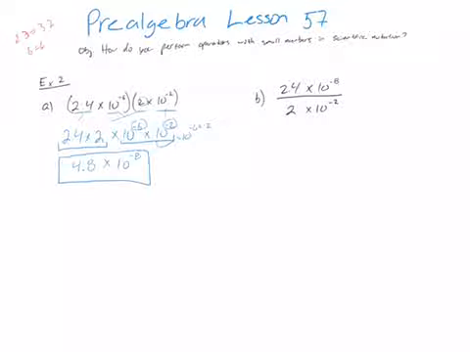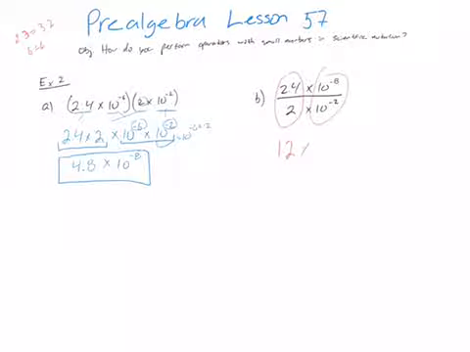Now, same basic idea here, except now, instead of multiplying them, I'm dividing them. So I'm going to still do the same idea. I'm going to divide these two, and then divide those two, and then multiply them together. So 2.4 divided by 2 is going to give me 1.2